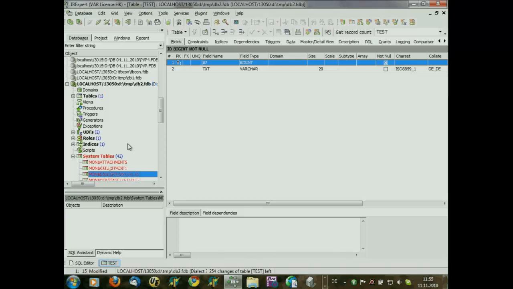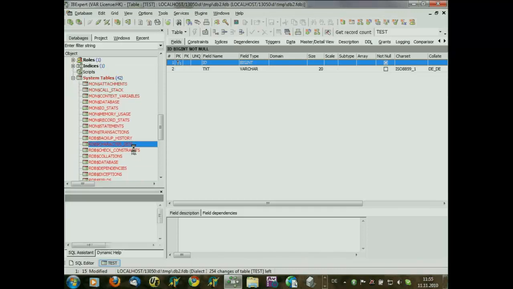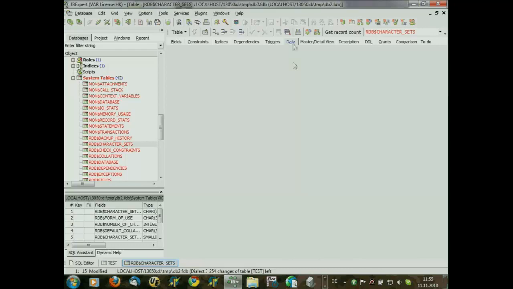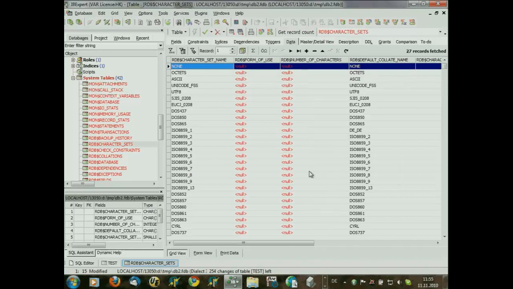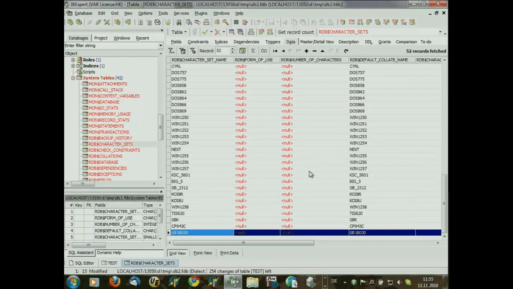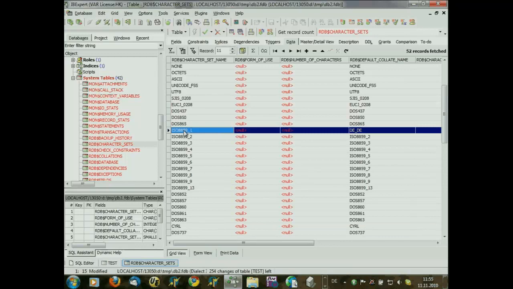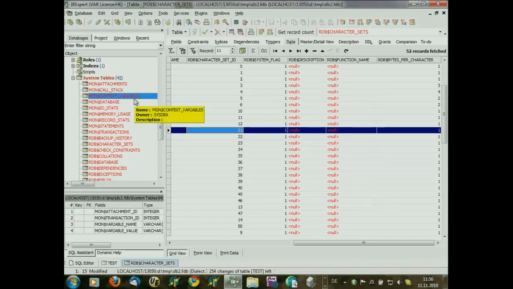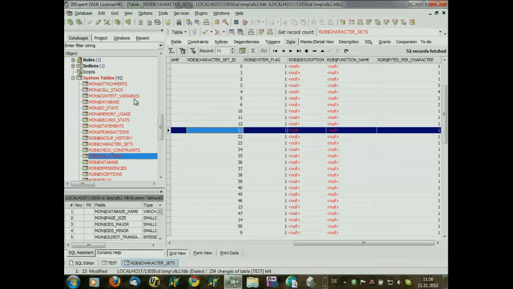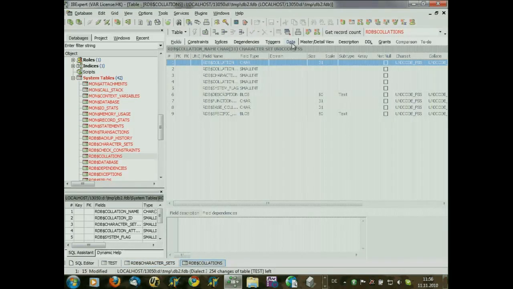And inside the database, you always find very nice information. For example, the character sets table. Here are all the possible character sets that you can use in the database. And for example, if we have the 8859_1, which default collate name is DE_DE, it has the character set ID 21, but in the RDB$COLLATIONS table, we have the